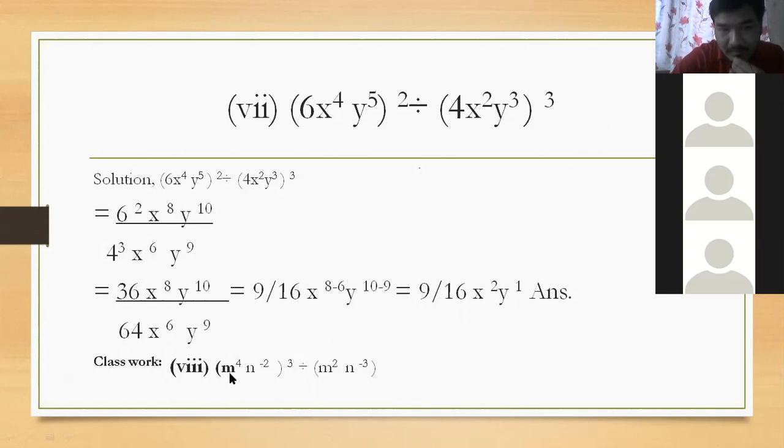Sir, that happens, sir: minus 6 is above, minus 6 is below, and when we bring it up, one becomes plus 6, one becomes minus 6, and plus and minus cancel, sir. No, not above. Look here. This N power minus 3 only goes up. Minus 6 up and down there is N to the power minus 3. Up is N to the power minus 6. Down is N to the power minus 3. Minus 6, then when minus 3 comes up it will be plus. Minus 6 plus 3 means minus 3 will be there. N to the power minus 3 will be there.